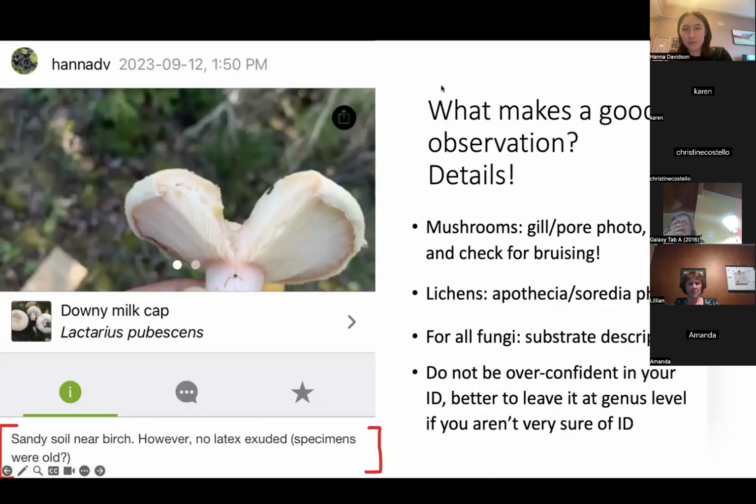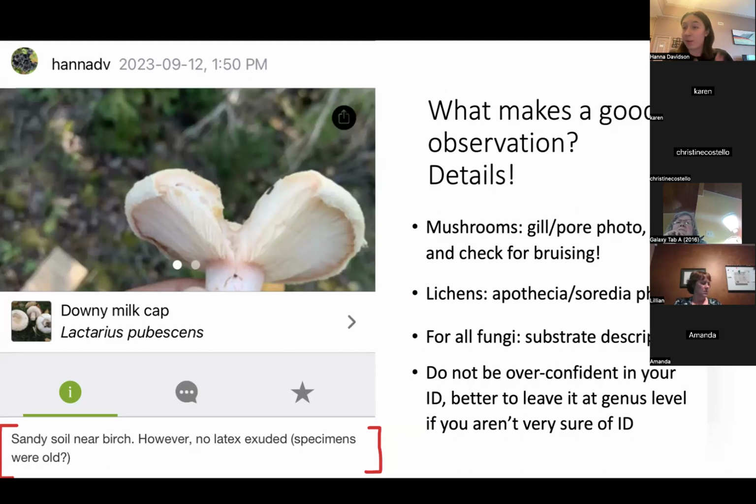So let's go from there. What actually makes a good observation? We've all taken some crappy pictures where we look back at it and we're like, what was I even taking a picture of? And honestly, those don't go very far on iNat because even if you know what you're talking about, maybe someone else can't get that from the photo. But you could take a good photo, first of all, but what you can also do is add a small description to help someone else know what you're talking about.